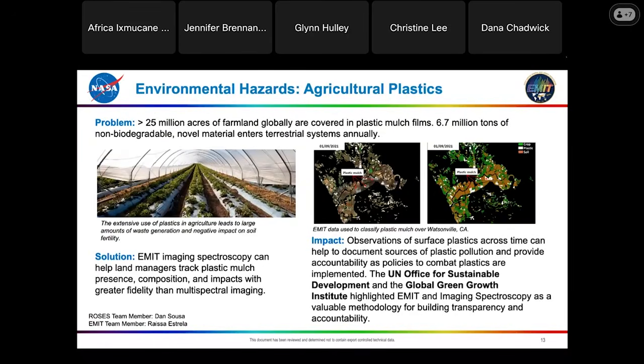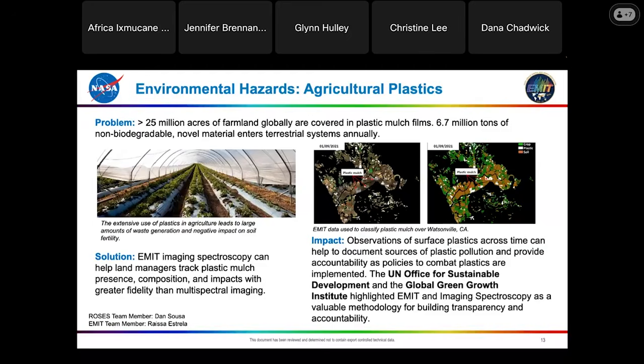We also have work that's being done both by Aisa Estrella, who's an EMIT team member at JPL, as well as Dan Souza, who's a Rose's team member at San Diego State. And they've both been kind of focusing on different versions of understanding agricultural plastic distributions globally. And this has been